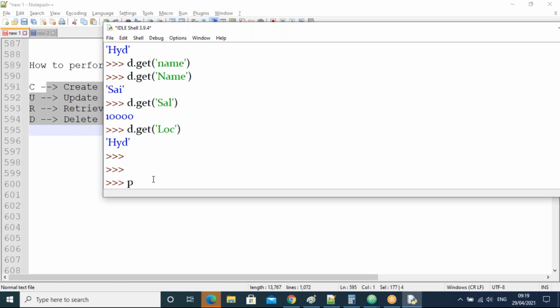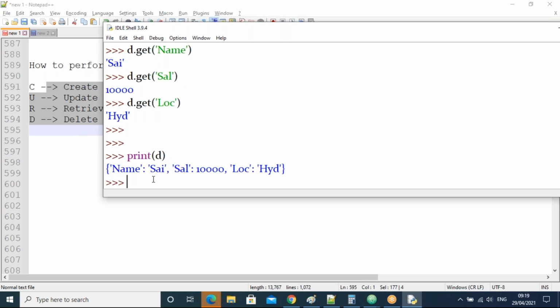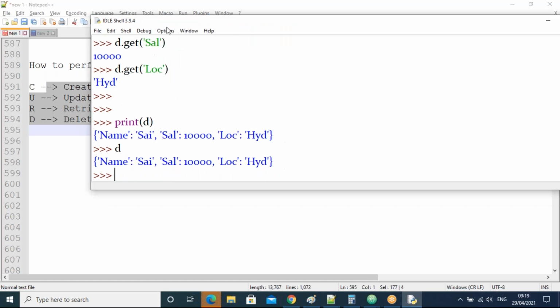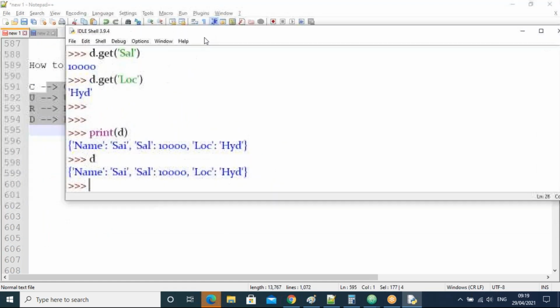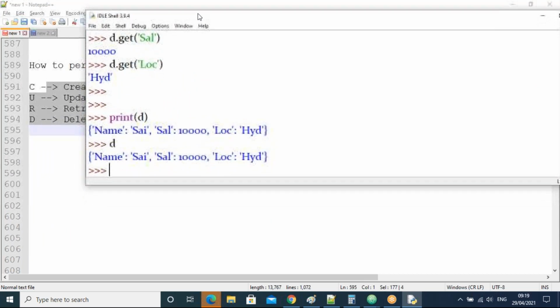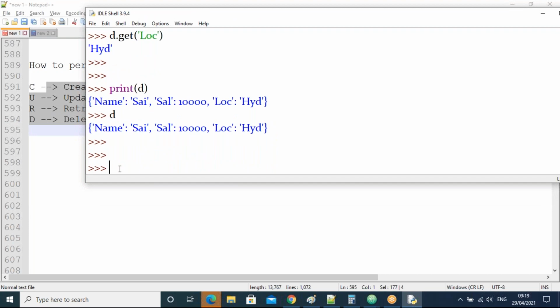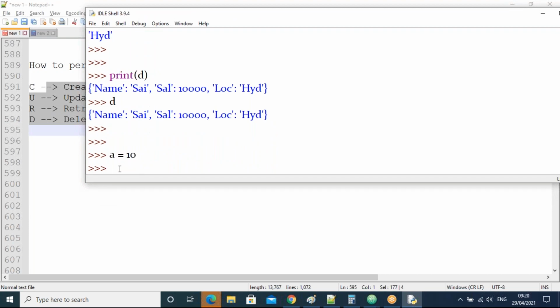That's fine. Now the get operation is over. All of you observe here: if you want to print the variable value, we can use print of that variable, or else simply D is also possible directly in this IDLE Python shell. Suppose one variable a has the value 10.